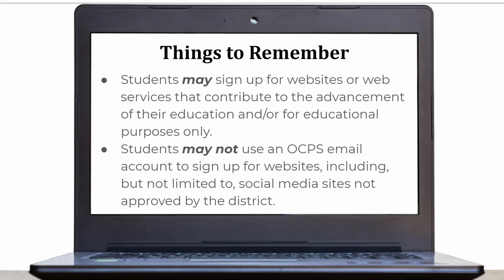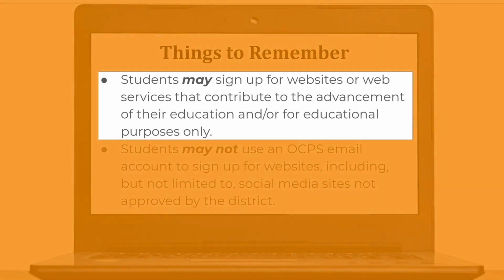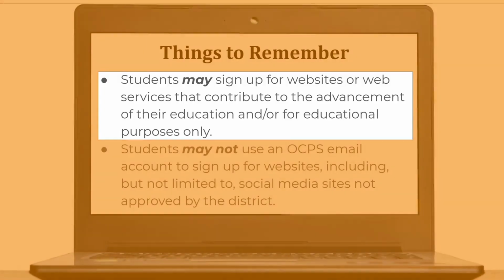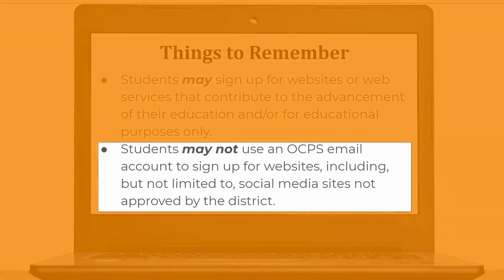Here are some important things to remember. First, OCPS students are allowed to sign up for websites or web services that contribute to their educational purpose. Students are not allowed to sign up for any websites, including but not limited to unapproved social media sites, using their OCPS email account.